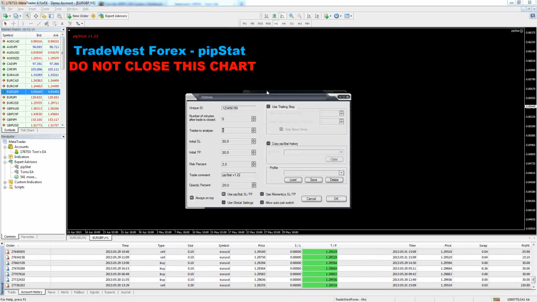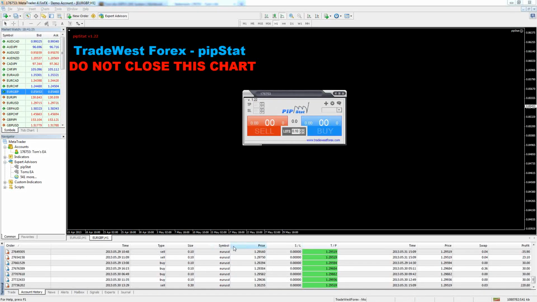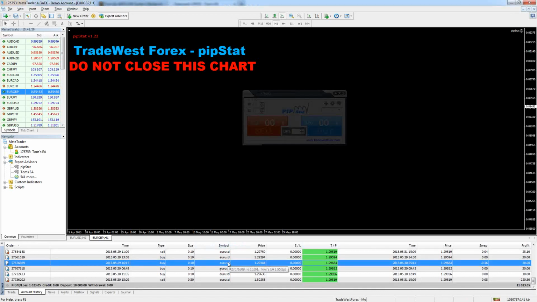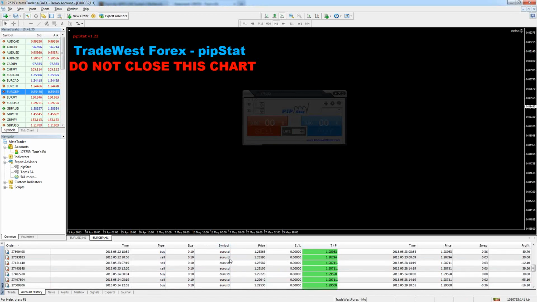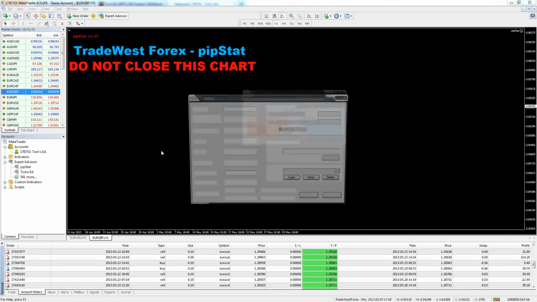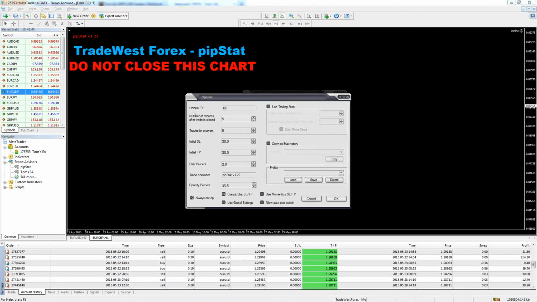Okay, so let's do this. Let's just leave it at the 5. We'll just go with the default settings for now. What we do need to change, though, is this unique ID. That's how you're going to make it pick up on what these trades are in your history. So if I hover over one of these, it says it's ID 10201. I want to make sure they're all the same, that they're not changing IDs through these trades, and they're not. So it's 10201. If I go into my settings and I set that to 10201,